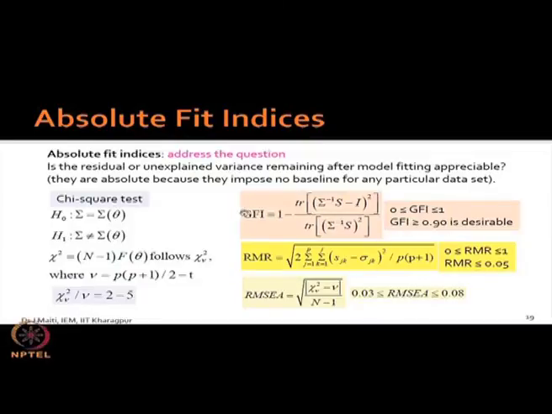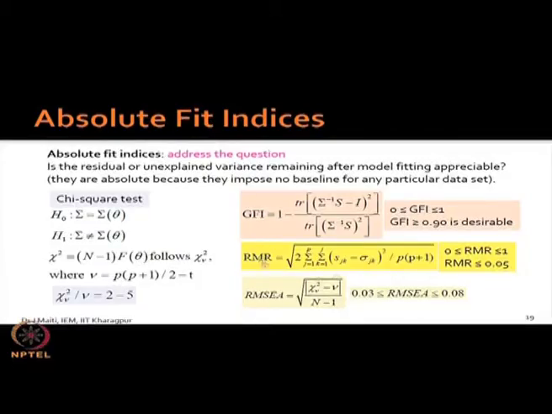So, in your model, when you develop a measurement model, the software will give you the GFI value. If you find out that the GFI value is 0.9 or more, then it is good, it is desirable. But if it is less than 0.9, what will you do? You will not consider that model. It all depends on the system for which you are developing the model. I am telling you, even 0.8 you can consider, absolutely no problem, if you think that the dynamics are huge, the volatility is more, and many other issues you have to take into consideration.